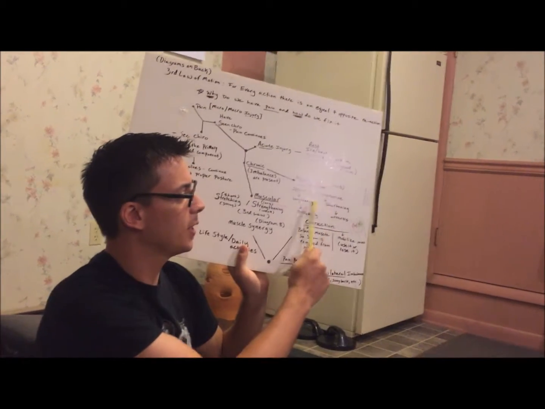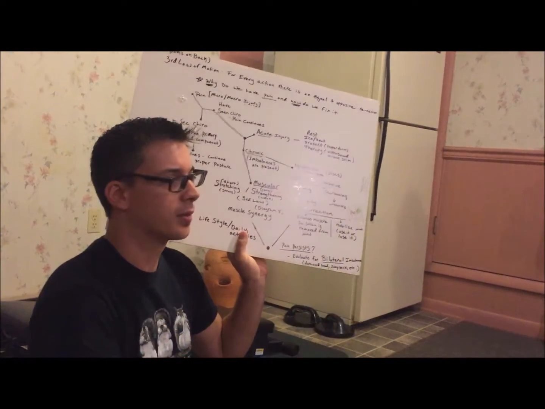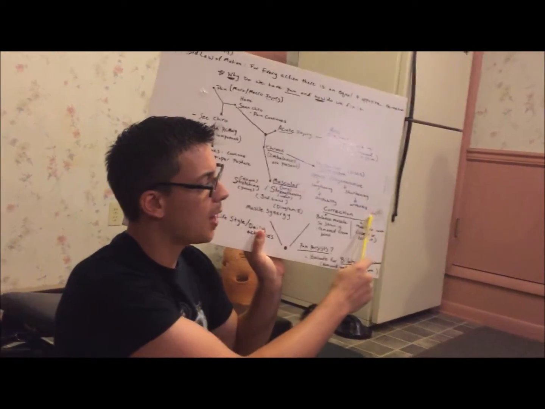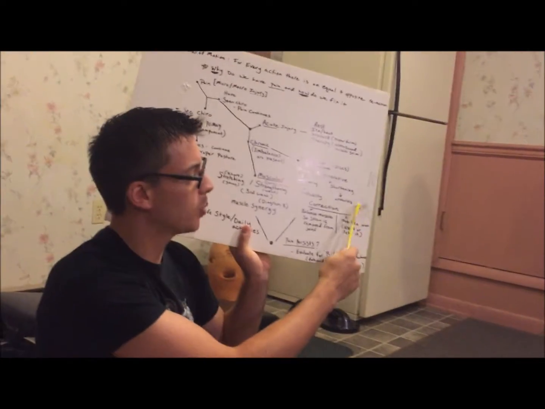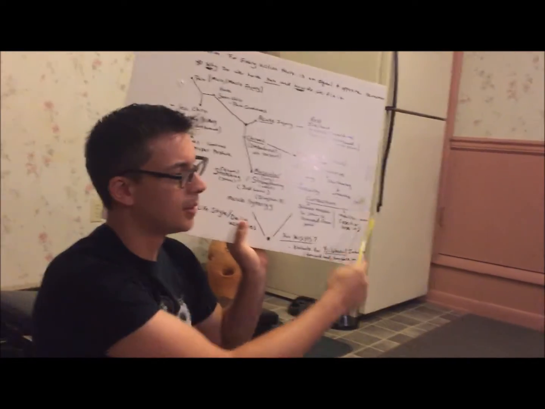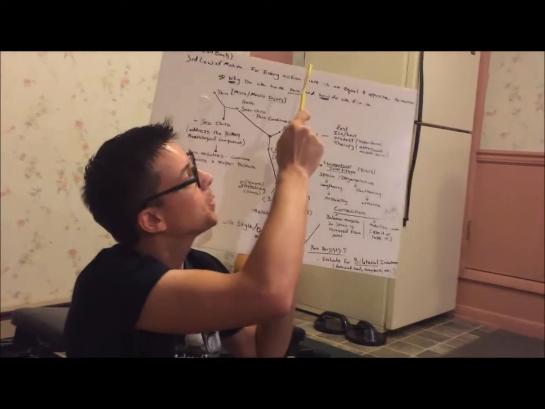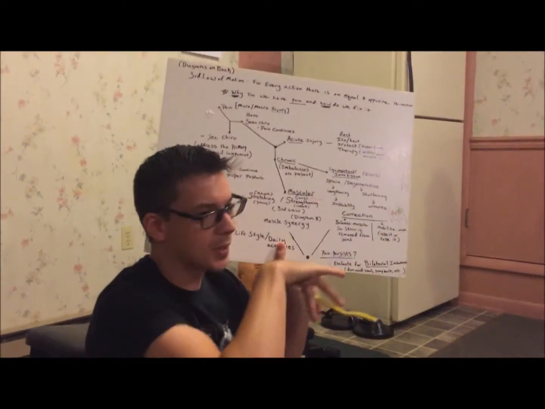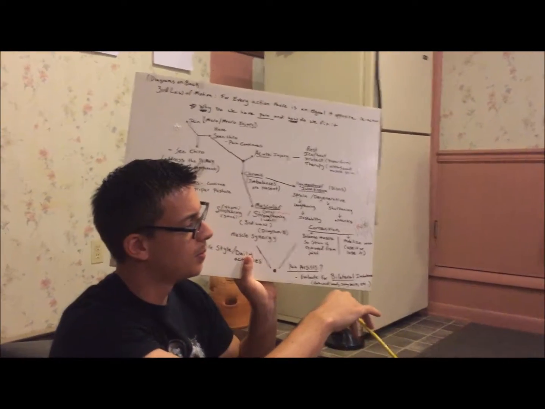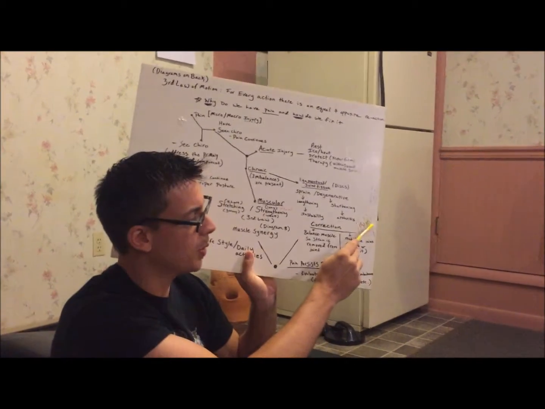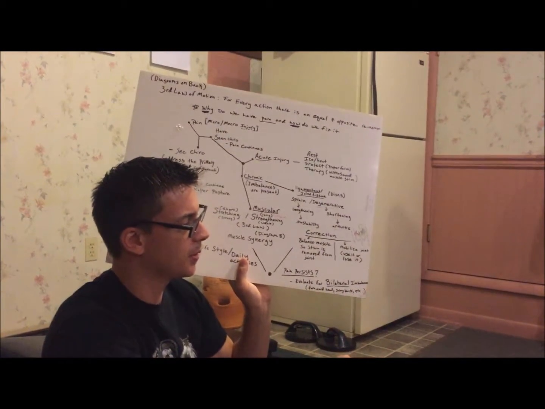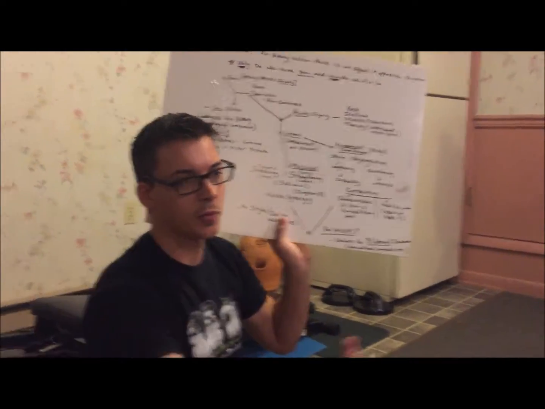So these work hand in hand. And it doesn't have to be this way. You could sprain both sides. But we go back to the third law, what happens to one thing happens to the other thing. So if we sprain both, then something else is fixated. Probably the front of the joint.